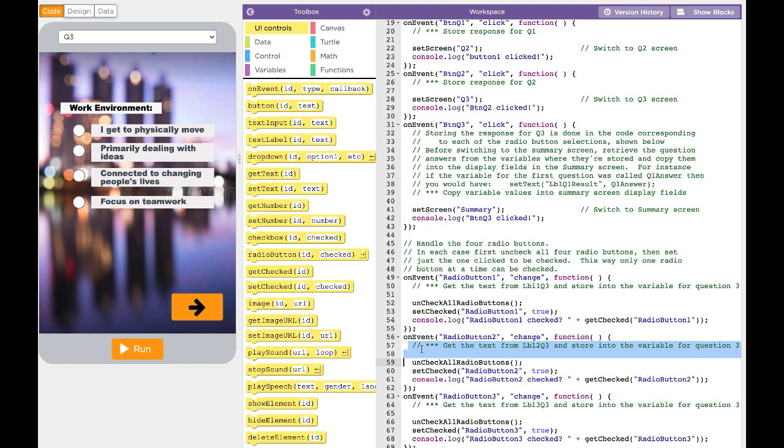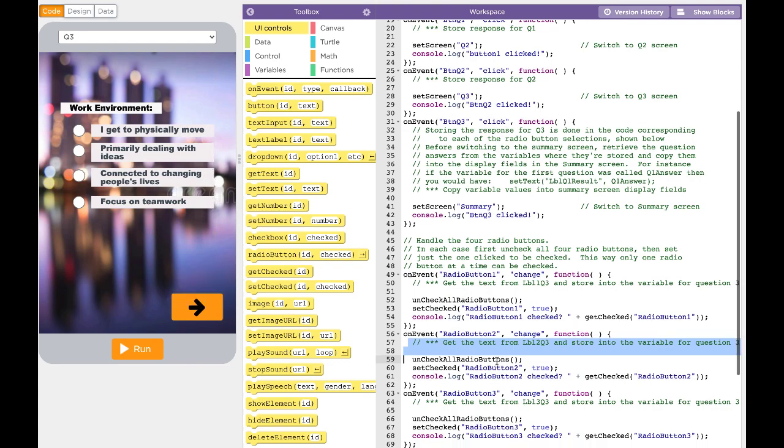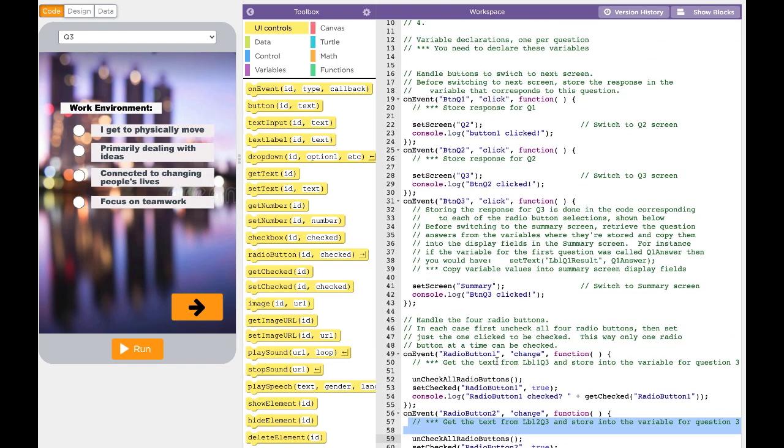So for all of these, depending on which one is the one that gets clicked upon, it's going to execute the code down here. And so for each one of these, you want to store this text into the variable used for question 3. Lastly, when we go to the summary screen down here, what we need to do is